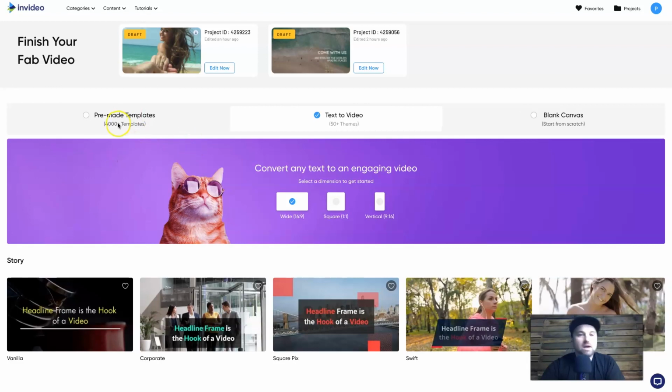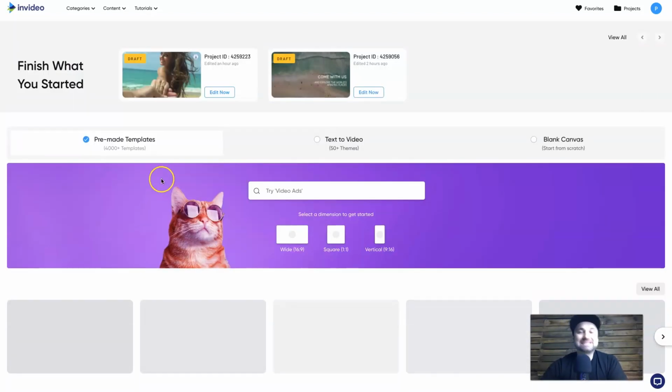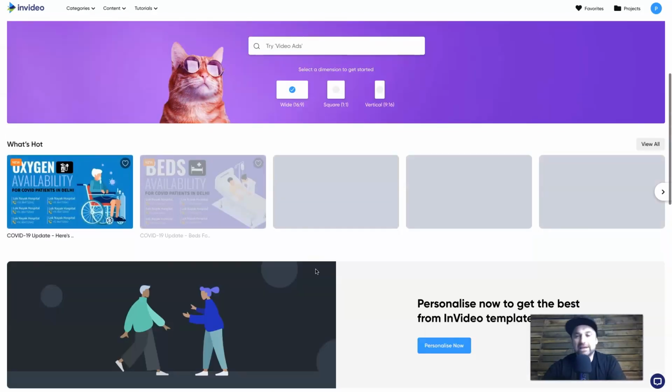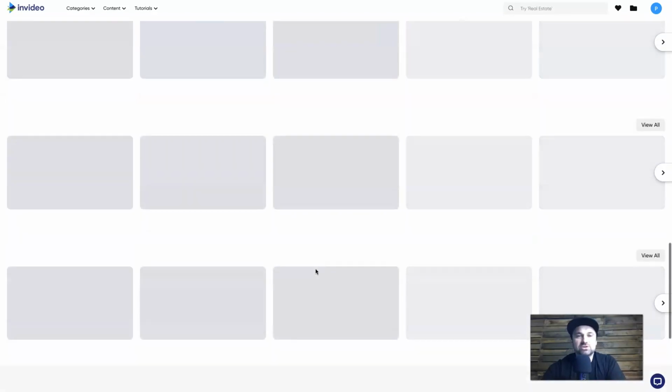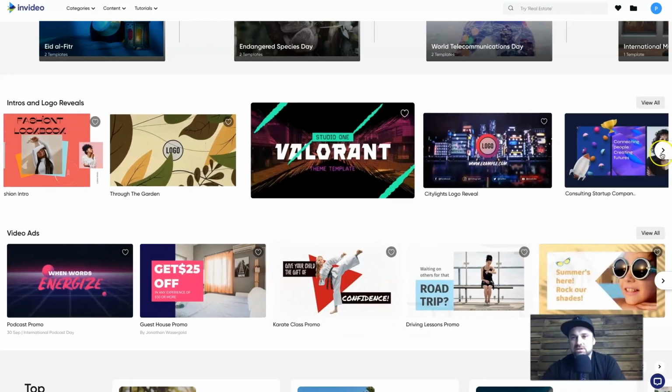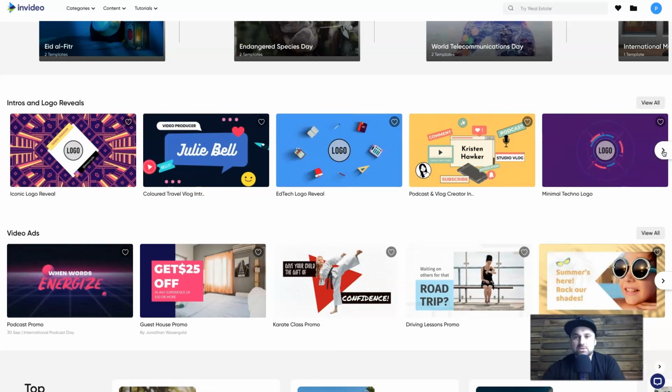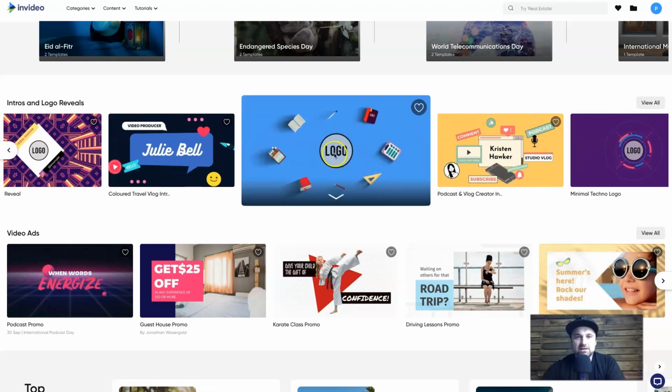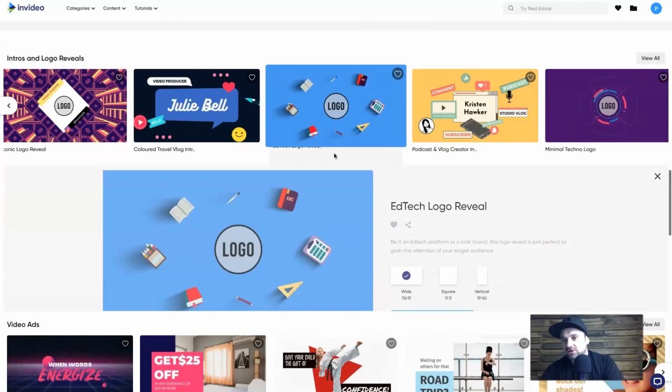So to start with, I will show you how the builder works, and the easiest way to show you is by actually using a pre-made template, so I could show you how everything's editable and easy to do. So what I'm going to do is just come down here to a simple logo template, logo reveals. I'll just scroll across a little bit, see which one is quite nice and captivating. I like the look of this, so I'm going to go ahead and click on it